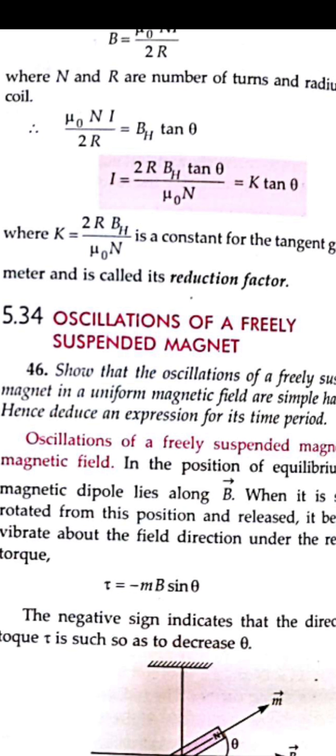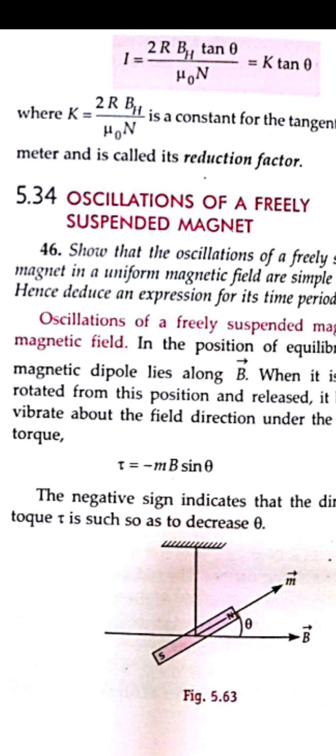So this restoring force will be taken as negative because it is coming back in the direction. So the torque is equal to minus m cross b, which is given as minus mb sine theta. So we can say that it is a restoring torque, that's why it is taken as minus. This one in 11th also you have seen, that is the restoring force of a spring constant also. There you have taken this minus. So similarly it will also be a restoring torque.